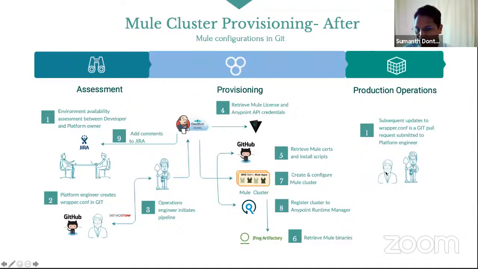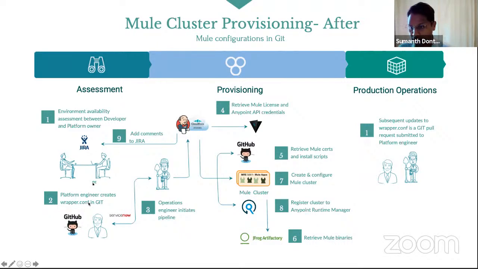So what we've done here in the cluster provisioning, all that work has to happen here. We want to understand this from the platform ownership point of view. The platform owner or platform engineer works with the developer, gathering the requirements, understanding the capacity, number of services, planning, region, geography, all that, right? So we do all that work here, put that in the Jira ticket.